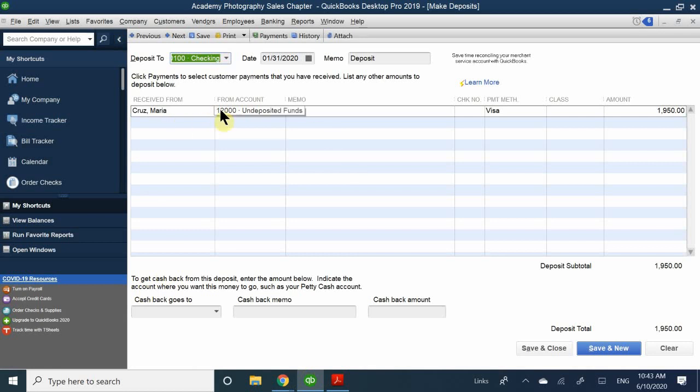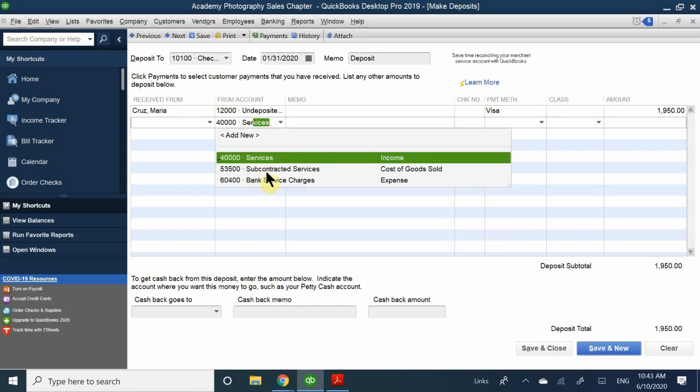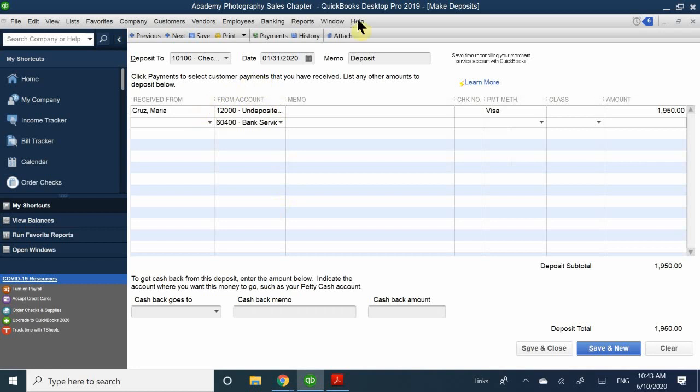So what I'm going to do here is validate that I have a bank service charge right here, because this is the amount that I am going to get charged for utilizing a Visa credit card. And since I know they're going to charge me 2%,